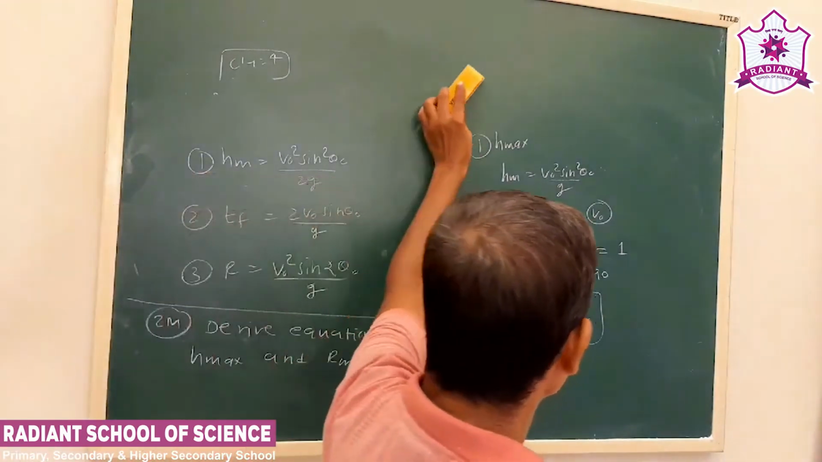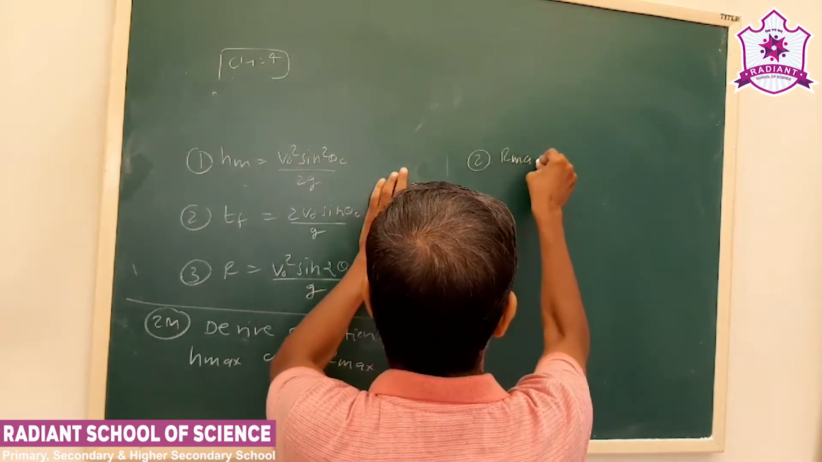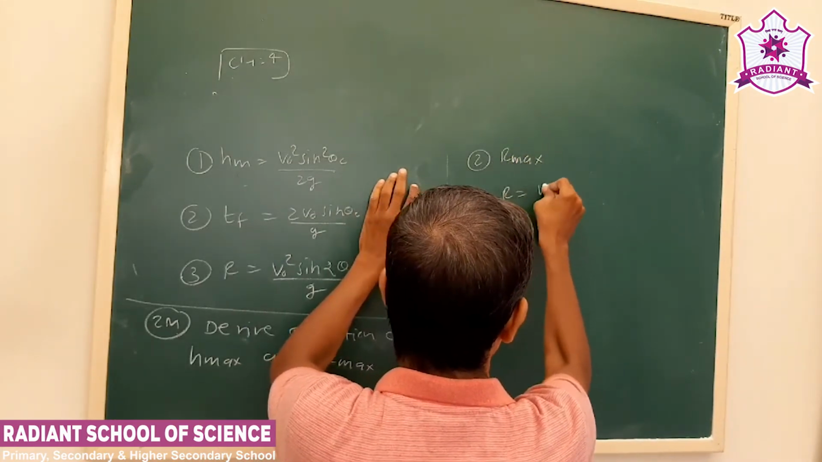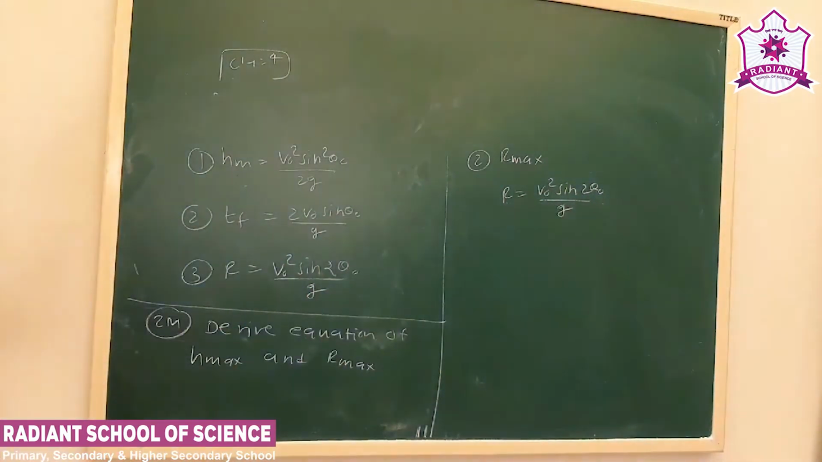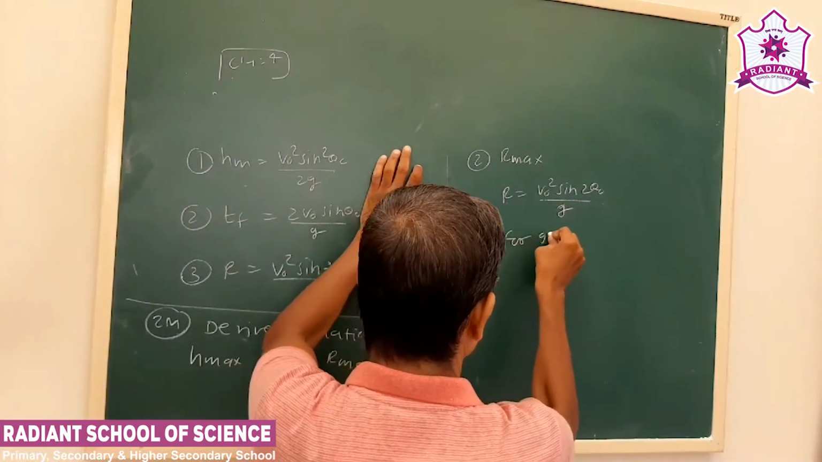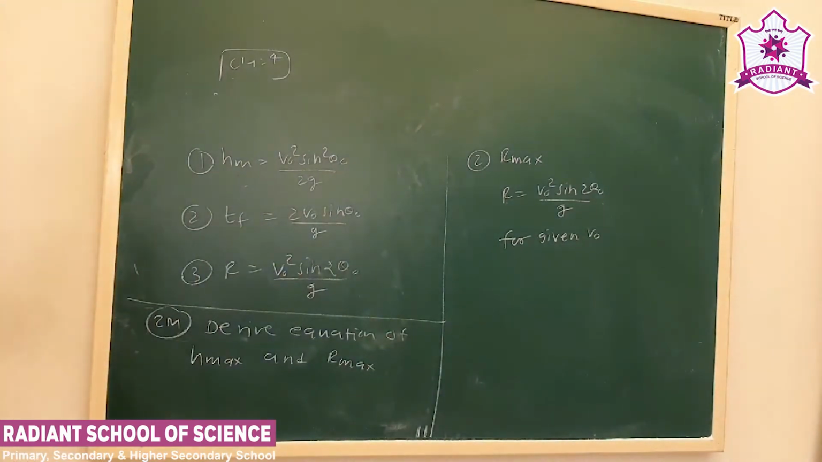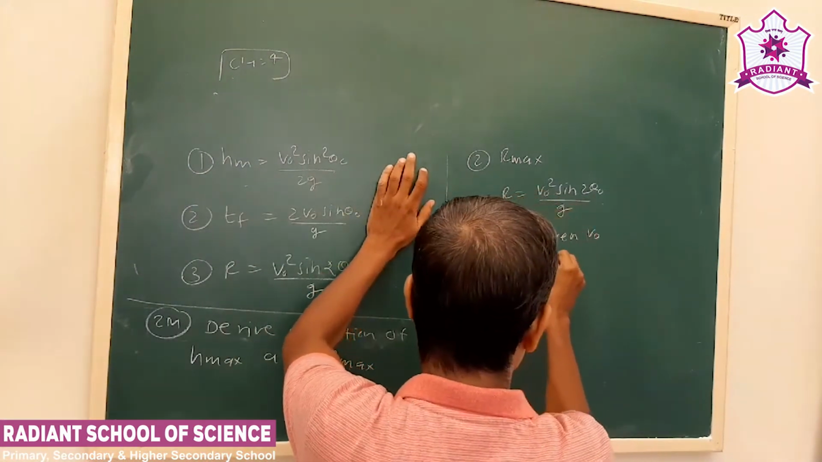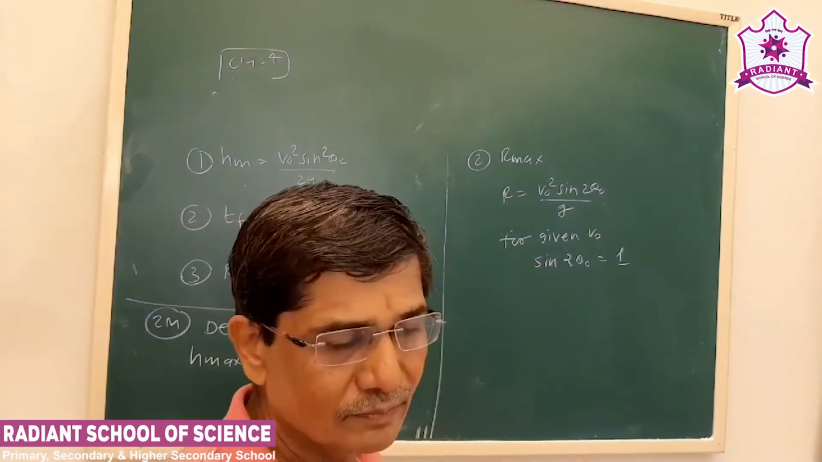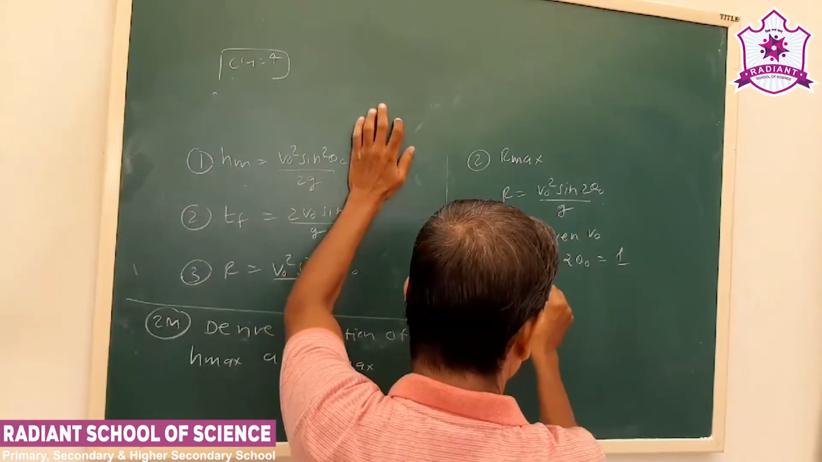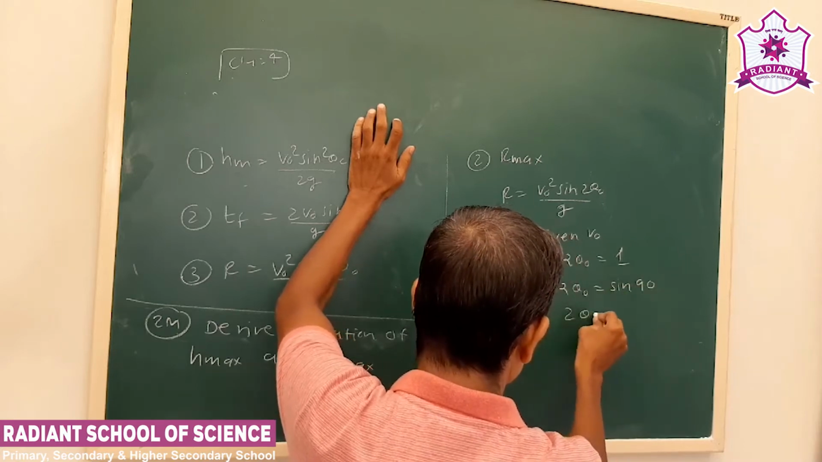Now second is Rmax. Now the range of the projectile we have obtained is V0 square sine 2 theta 0 upon G. Now for given V0, we consider V0 constant, sine 2 theta 0 should be 1. Then and then this term will become maximum. Now sine value is 1 when the angle is 90. Now 2 theta 0 is 90,